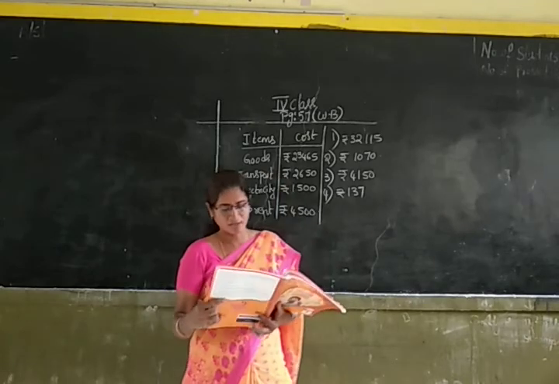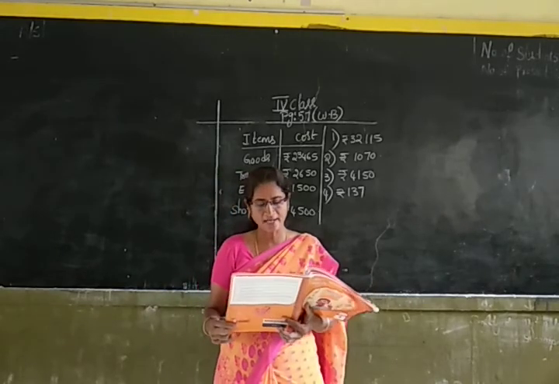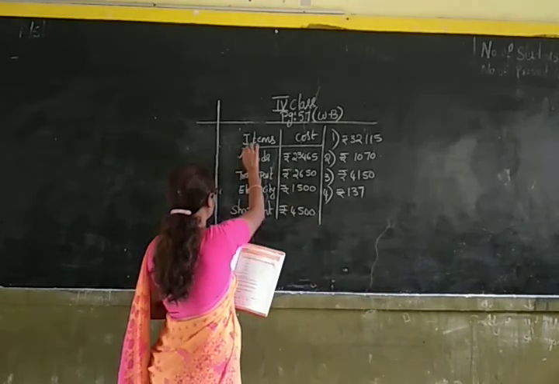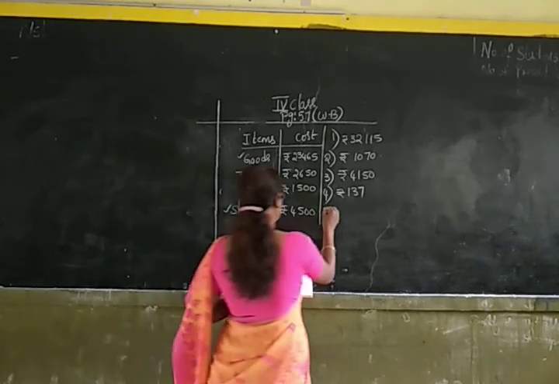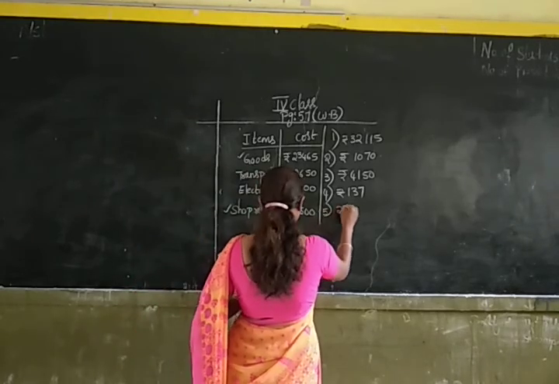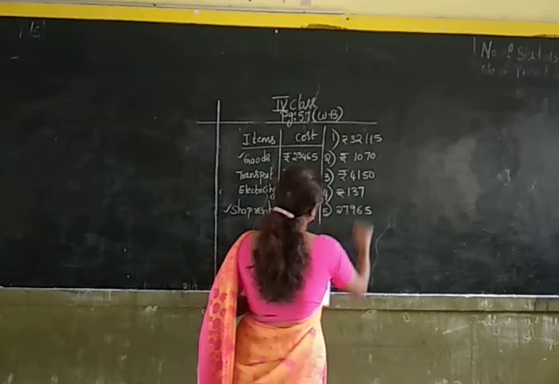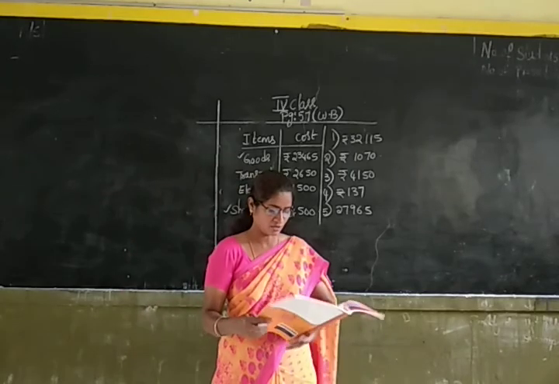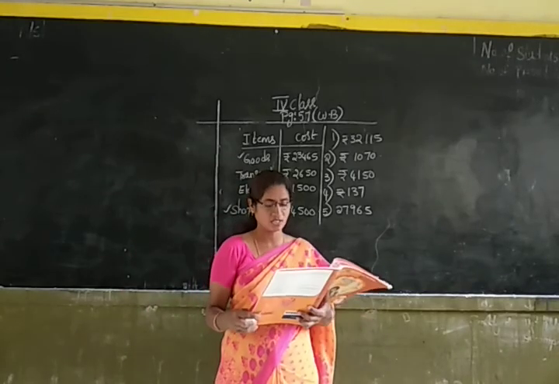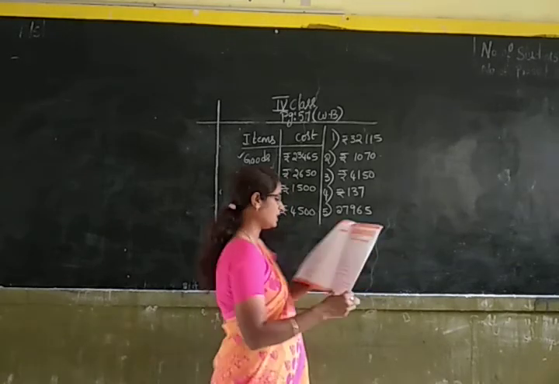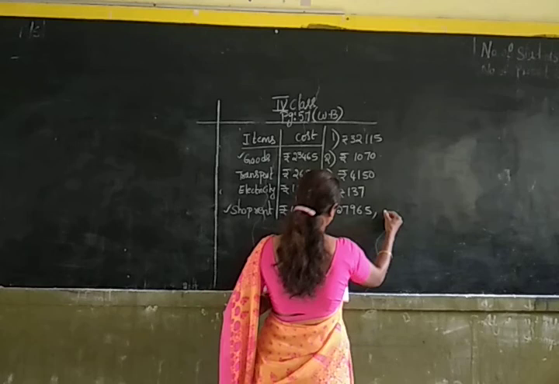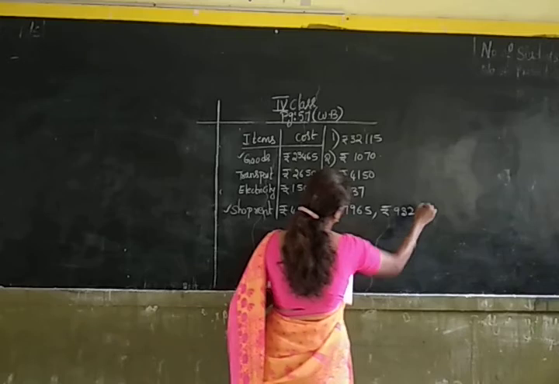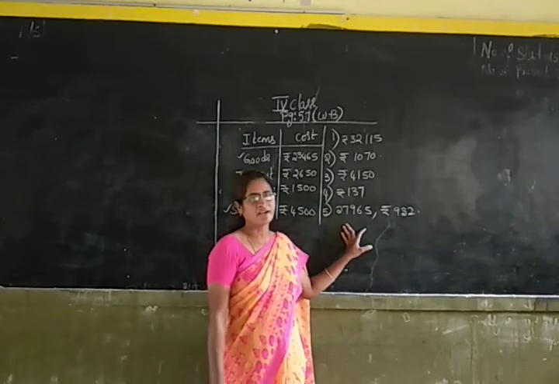Okay children. Now I am reading the fifth question. Total and average amount spent on goods and rent are. Now you have to add the amount spent on goods and rent. And you will get the answer as 27,965. This is the amount spent on goods and shop rent. Okay children. After that what you have to do is you have to divide this with 30 to get the amount spent per a day. The answer is 932. Here I have not divided. You can divide it and find it out later.